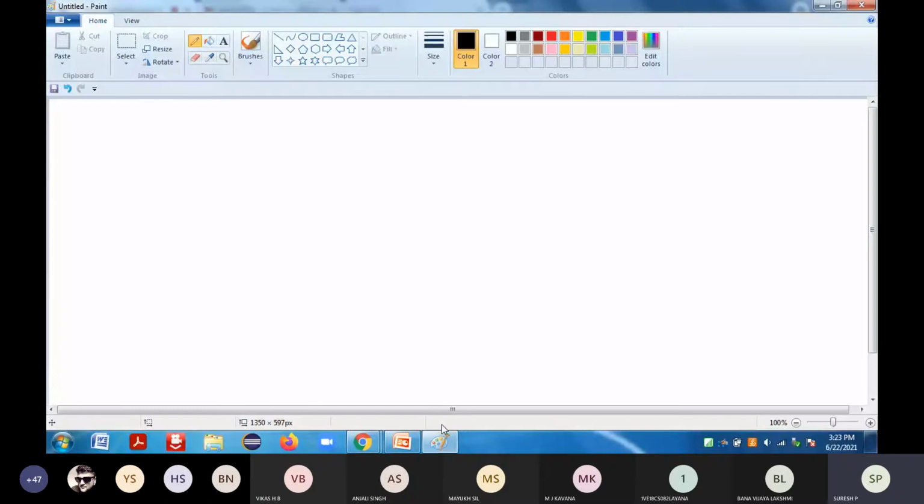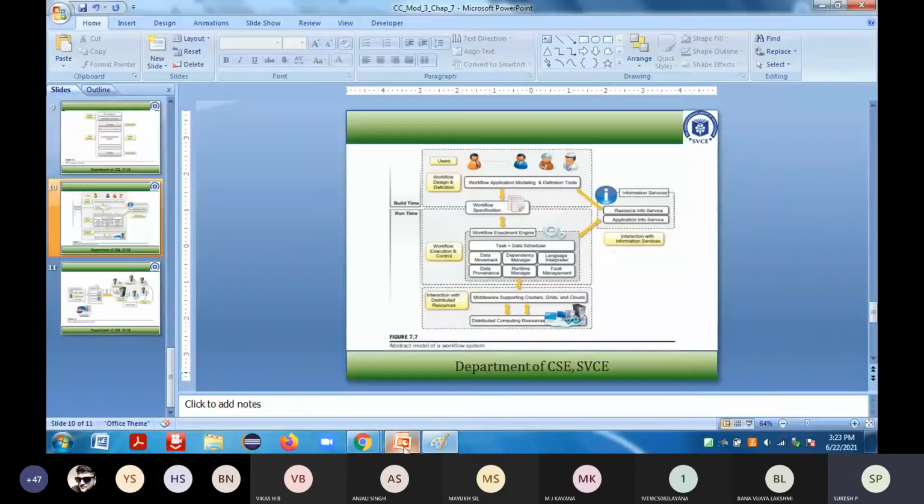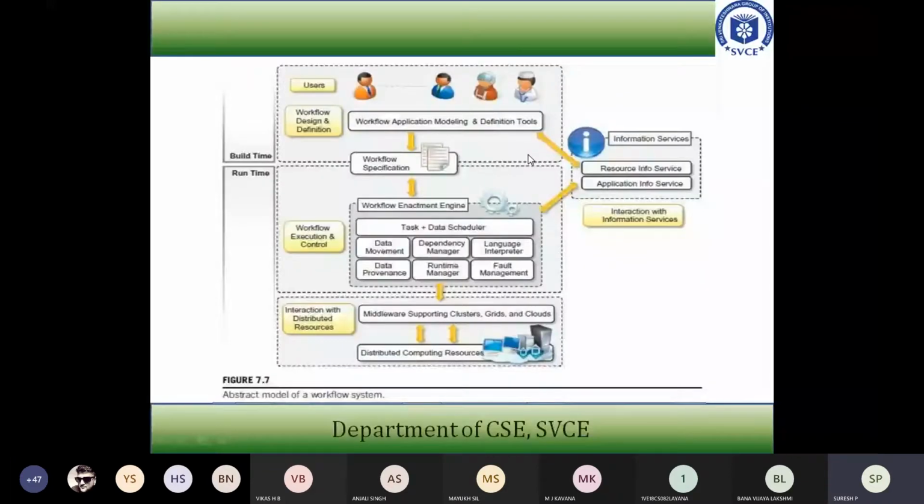Okay, so next, when you are going with the hierarchy or abstraction model of your workflow system, it is going to look like this. If you take the workflow engine, the abstract way of the workflow technology, it is going to work like this. So you can see it here at the top. The workflow component is divided into two components. One is build time, the other is runtime. Because when you are starting to solve any given problem in software engineering, first you should have the requirement, right? So build time is required.